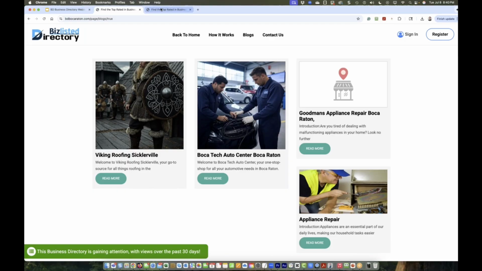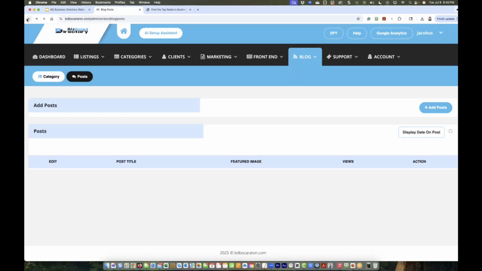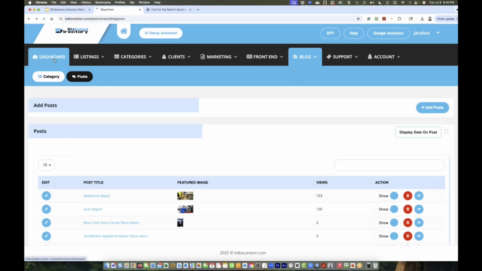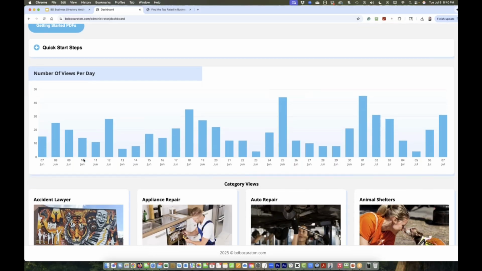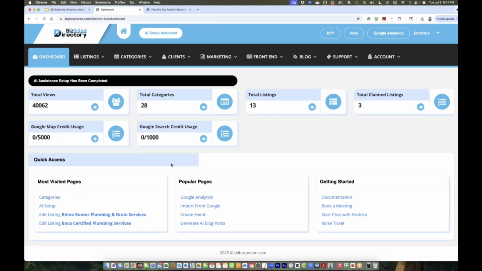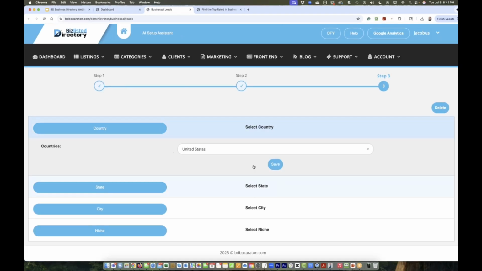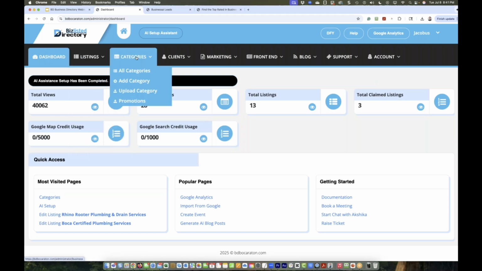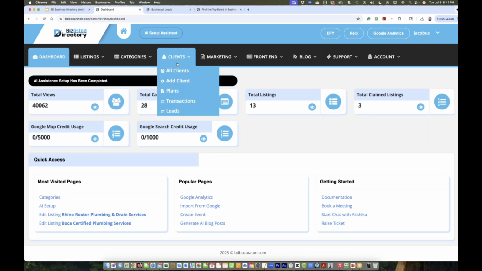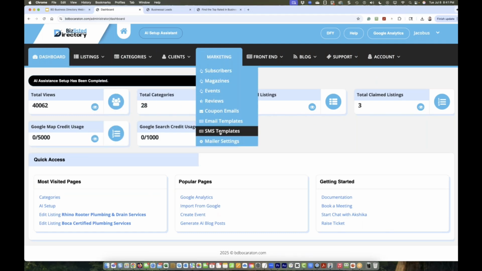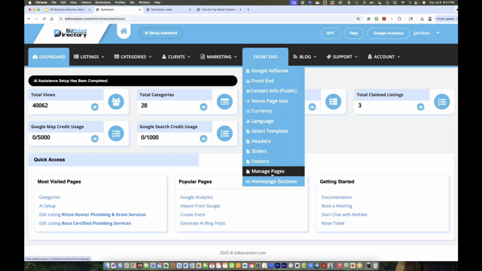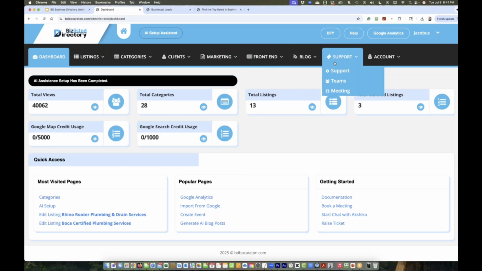So let me show you the back end. Let's go back. So this is the dashboard. Here, the website traffic, the niches we have defined. Here's the AI assistant, those 3 steps. You only need to do it once or a couple of times. I go through those 3 steps, I don't need to do that now, but you can. Then all those listings, categories, client management, marketing, all the front end settings,